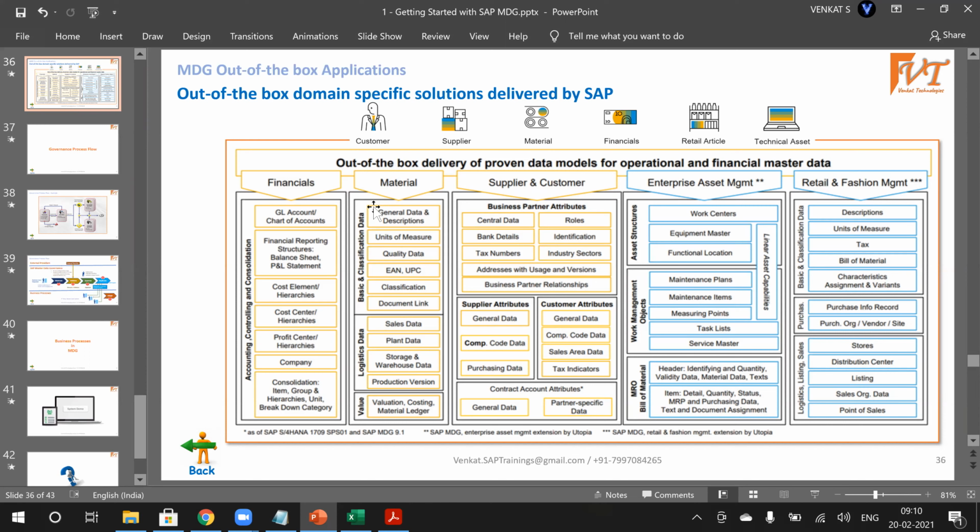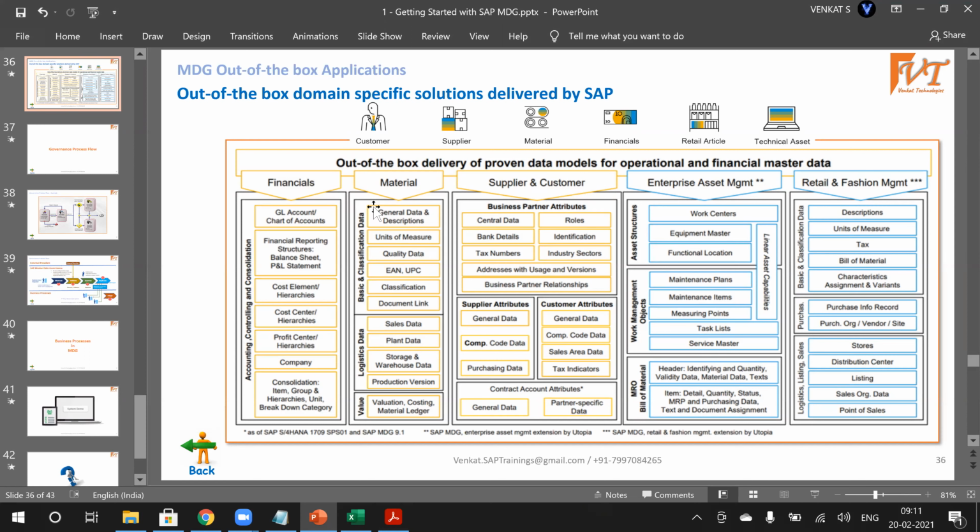Any other questions from anyone? In our training, we will also do practical sessions, right, sir? Like creating a company code? No, we can create the data in MDG. For example, in SAP FICO, they create the enterprise structure like company code, chart of accounts, account groups.